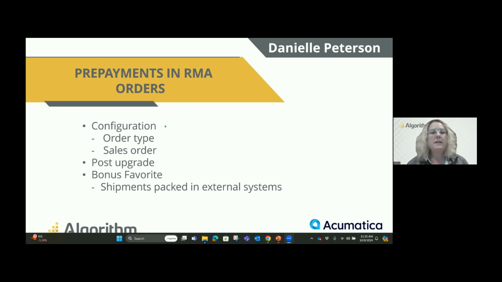So we'll go through and look at the configuration, what it takes on the order type and the sales order, also what you need to think of post-upgrade and some additional information. And then I've thrown in a bonus favorite, shipments packed in external systems, because I like that one a lot. So with that,